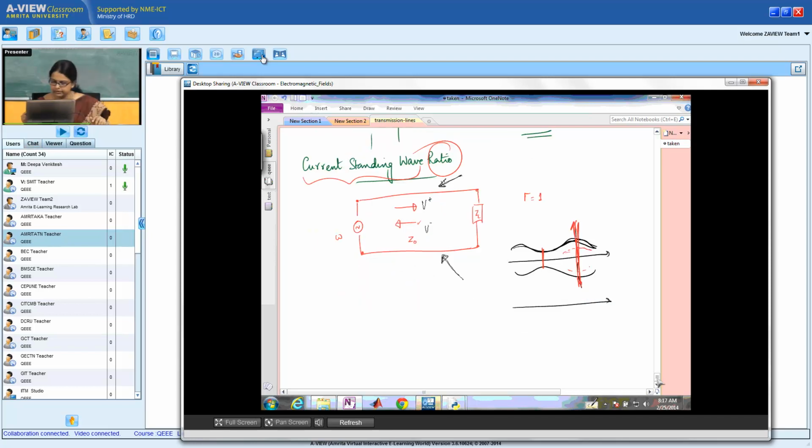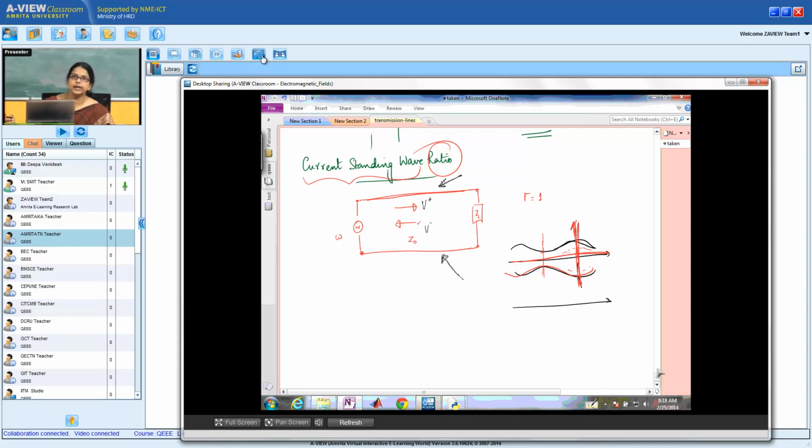Now that we are familiar with that, it simply means that when you connect the source to the load through a transmission line, it is not a uniform voltage that is set up across the line. Across the line, you have a voltage wave that changes as a function of time, but the positions of maxima and minima are predefined, in the sense that if there is a minimum at this location, you will always get a minimum at this position.